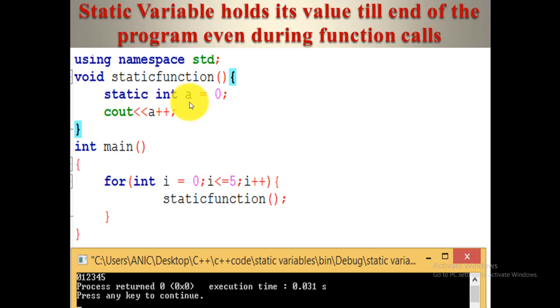Hopefully you understand the difference between the simple variable and static variable. A simple variable loses its value as the function body ends, while the static variable holds its value even at the end of the main function or till the end of the program.